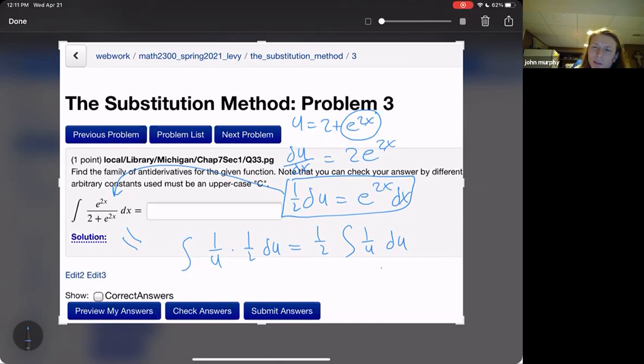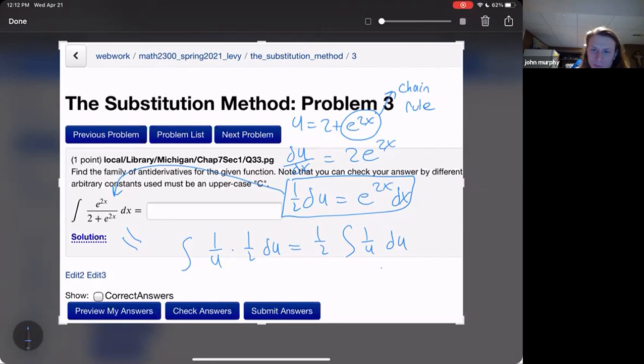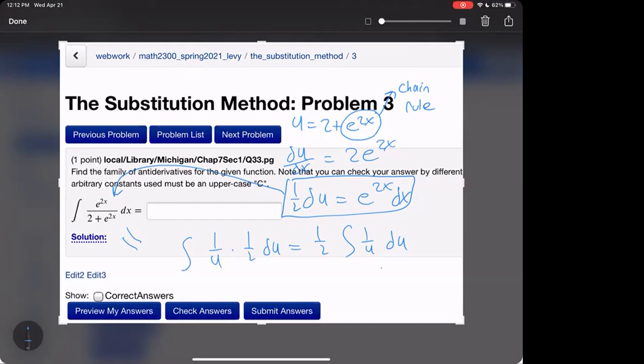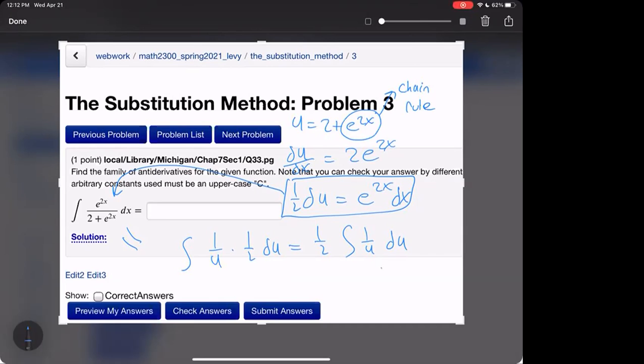Why did you circle e raised to the 2x in the very top where u equals? Janetta had asked where the 2 came from, and so I originally started talking about how this is a chain rule, but I didn't write it down. Yeah. All right. No, sounds good. How's that look, Jorge? Good.